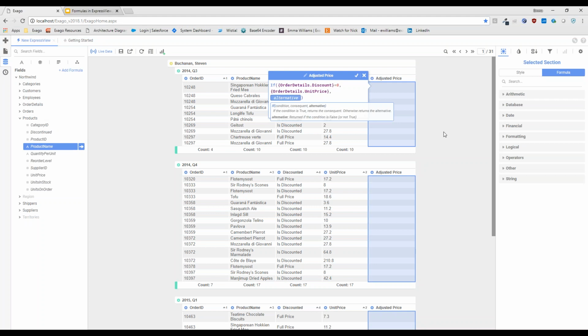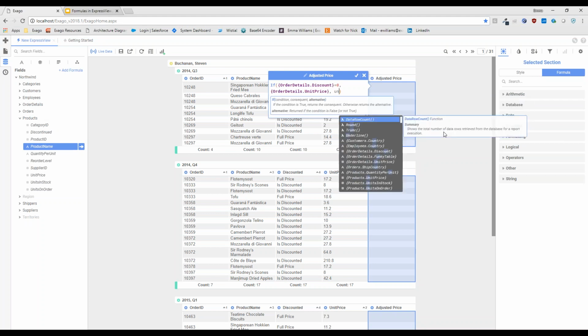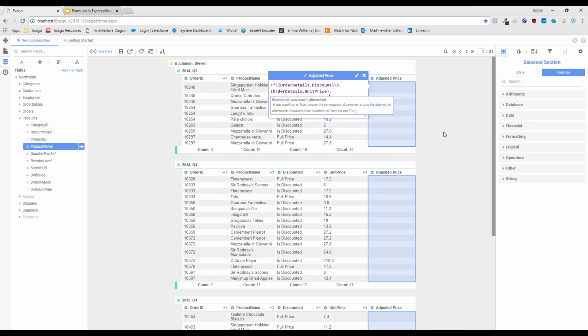The adjusted price, and I talked through it once, but let's just talk through it one more time to make sure it makes sense to everyone. The adjusted price is going to be comprised of the unit price multiplied by, and I said quantity because we're going to include parentheses here to ensure that the calculation within the parentheses is done prior to multiplying that value by the unit price.